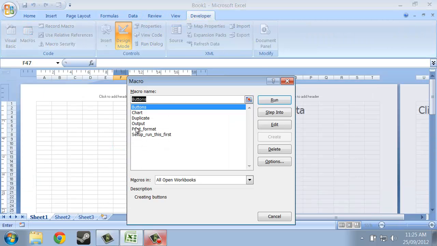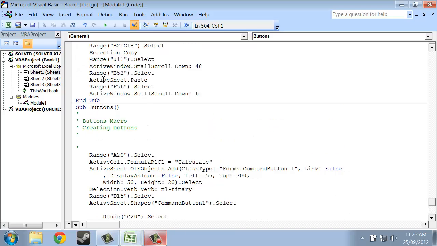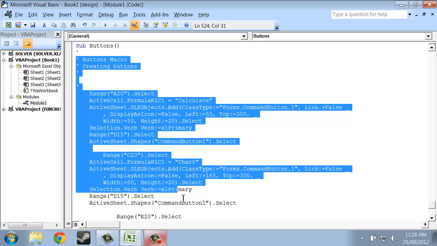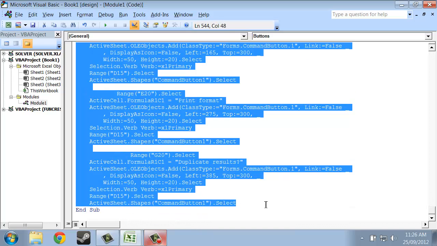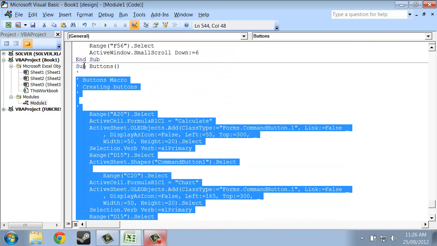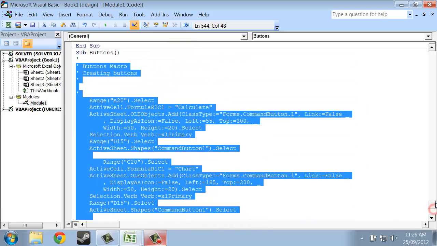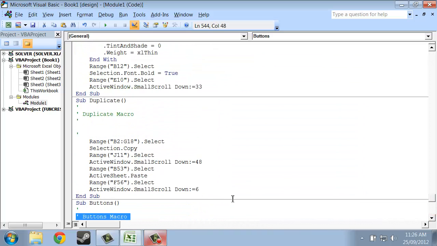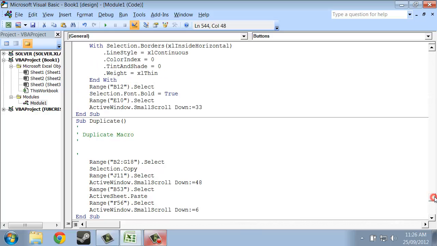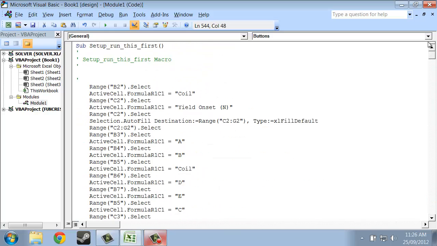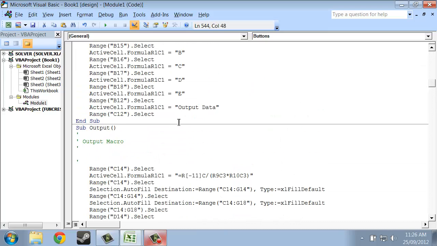Developer, macros. So I want to edit. Going to copy all of the code from buttons. So I'll copy this green text as well so I can see where buttons starts. Not copying the end sub and sub buttons, because that sub is a subroutine, end sub is end subroutine. I don't want to do that. That's going to tell Excel to put this thin line in that you can see here. So that's not good. But now we go back to the first macro, run this first, and at the end